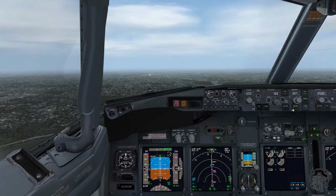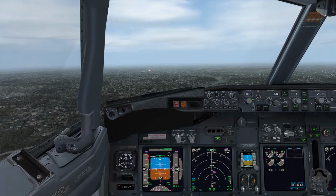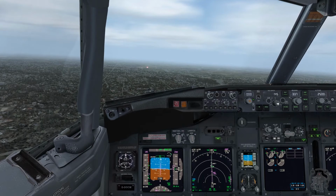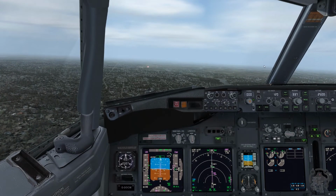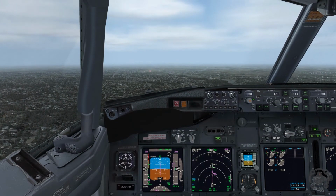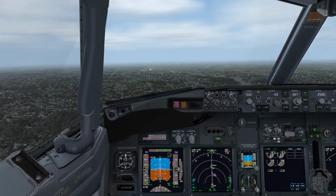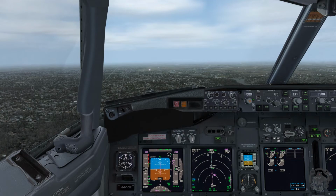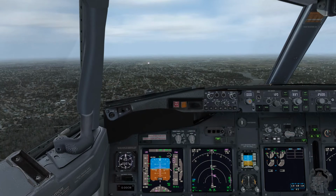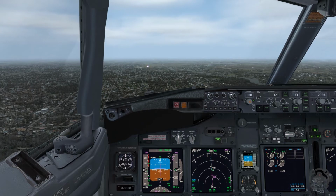Here I will take over manual control. Descend manually with the plane, as well as still set our target airspeed of 120 knots is our target today. Come into land, drop another flap here as we slow down. You can see the PAPIs are, I think, in a 2-2 configuration, so we are right on